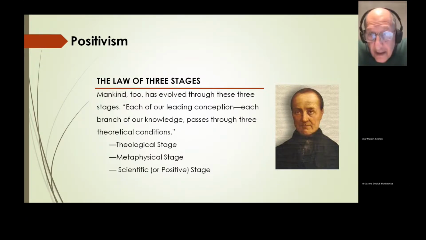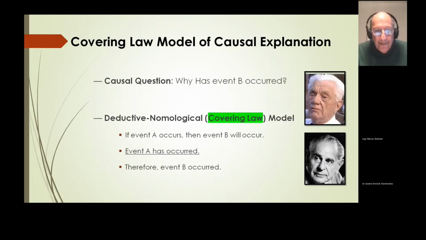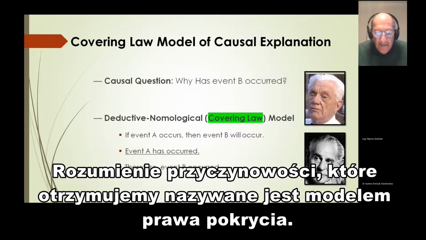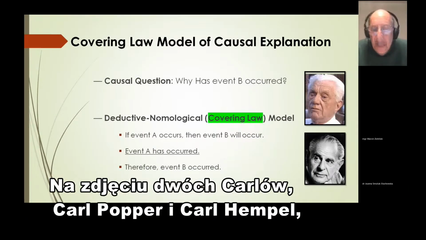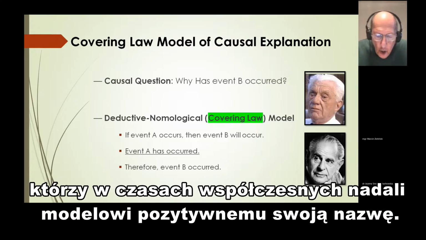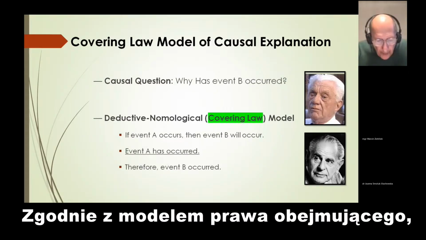Next slide, please. The understanding of causality we get is called the covering law model. Pictured here are the two Karls, Karl Popper and Karl Hempel, who in modern times gave the positivist model its name. According to the covering law model,